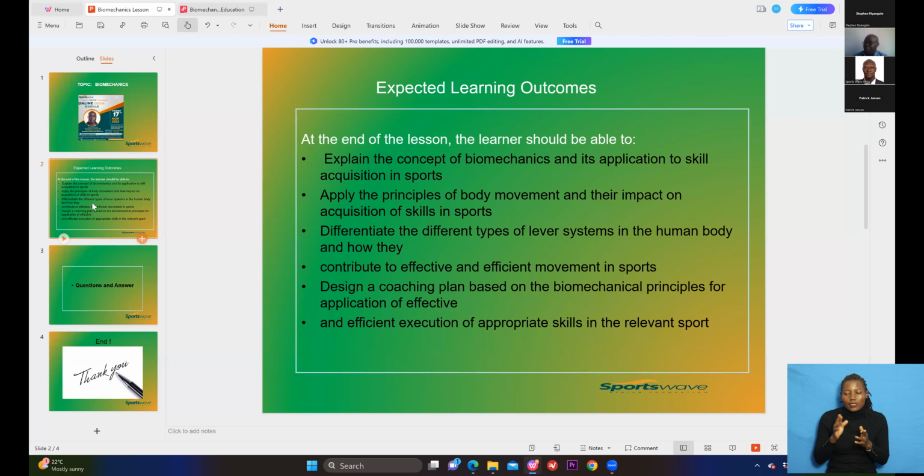And I'll probably start with a definition, because normally we have two terminologies that should be explicitly defined. There is biomechanics and there is kinesiology. Now, kinesiology is really what